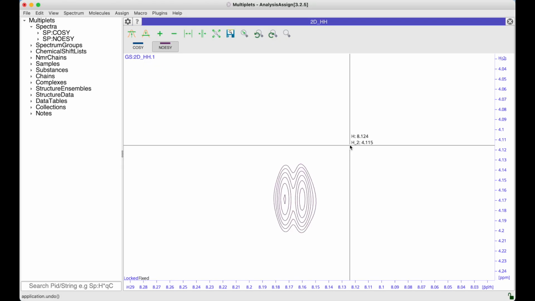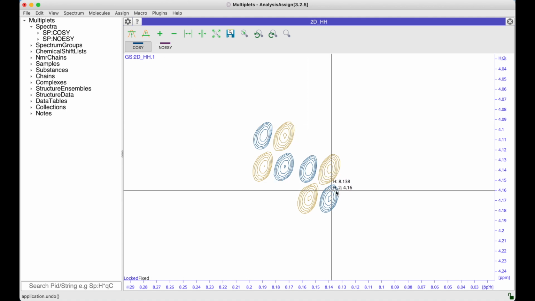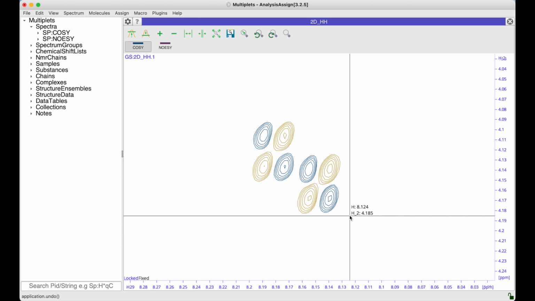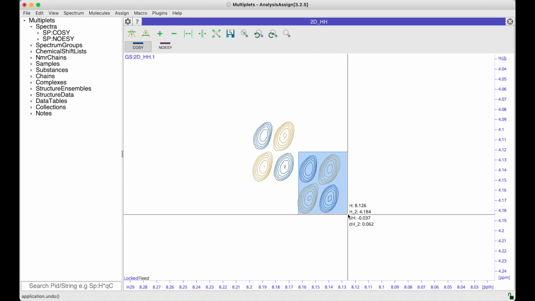You may sometimes find that your peaks are split into multiplets. This might particularly be the case if you're working with peptides. Or you might be dealing with a COSY spectrum where you have this kind of antiphase pattern to the peaks. In this kind of case, if you simply pick your peaks as normal, you will find that it can be